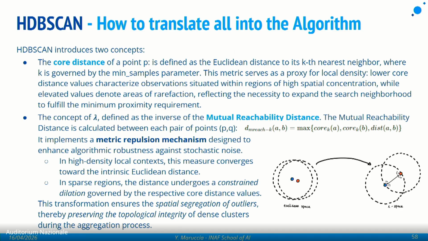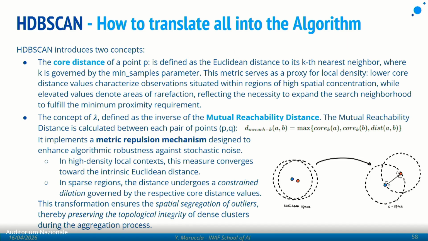And so the concept of lambda, the value where HDBSCAN has to cut the clusters, is defined as the inverse of the mutual reachability distance,